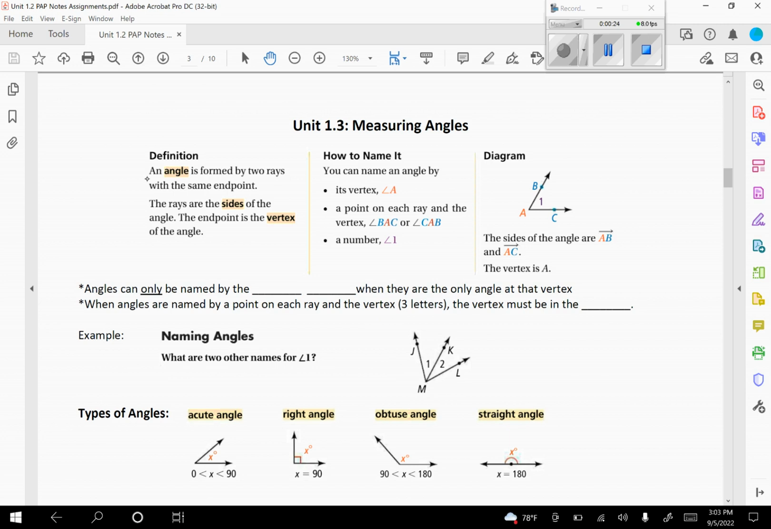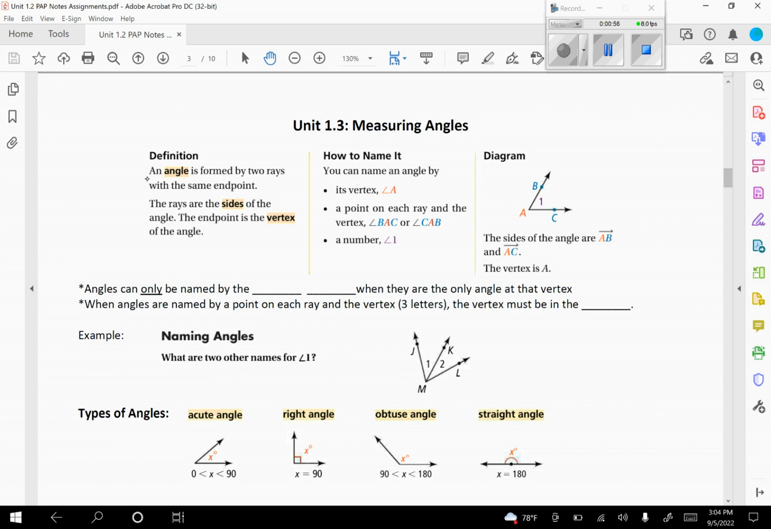So an angle is formed by two rays with the same endpoint. The rays are the sides of the angle, and the endpoint of both of your rays is the vertex of the angle. If you look in our picture over here on the end, you have ray AB and ray AC, and they're coming together at the single point A. So A would be the vertex, and that angle there, you could call it angle BAC, or you could call